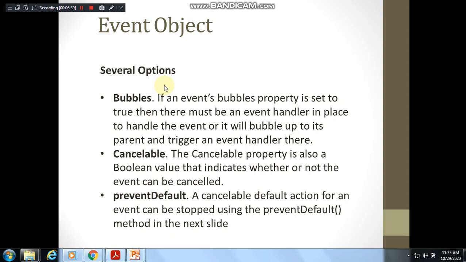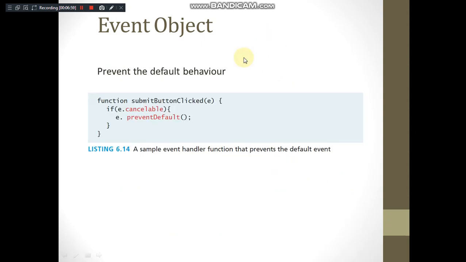If an event's bubbles property is set to true, then there must be an event handler in place to handle the event, or it will bubble up to its parent and trigger that event handler. Cancelable property is also a boolean value, whether it is true or not. It indicates whether the event can be cancelled or not. PreventDefault is a cancelable default action for an event, which can be stopped using the preventDefault method. So we will see the details of this now.